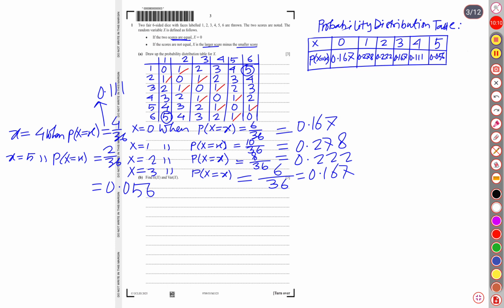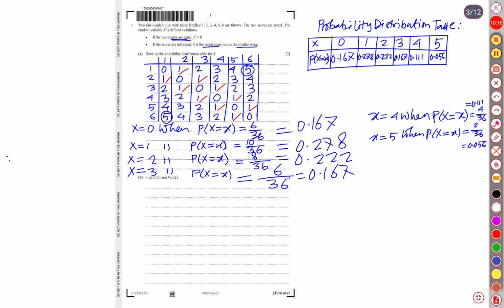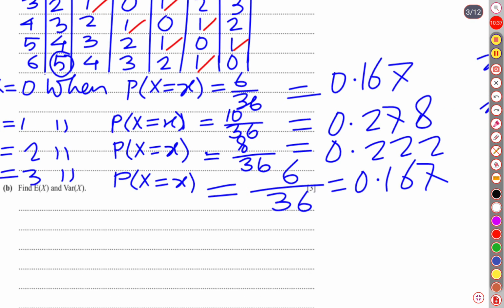Now let's move on to the immediate next question. So this is the whole of our solution to the first part of the question. Then the next one says find E(X) and variance of X. That means expected value, I mean mean. First of all, they have told us to find the mean, I mean E(X), and we know E(X) is equal to